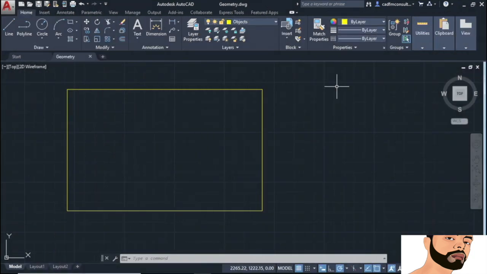Just before we start this next video, just make sure that you go back to the library and download another version of the geometry.dwg file so that you've got a blank rectangle like you can see on the screen at the moment. That'll make your life a lot easier as you work through this particular video. Once again, we're staying in the